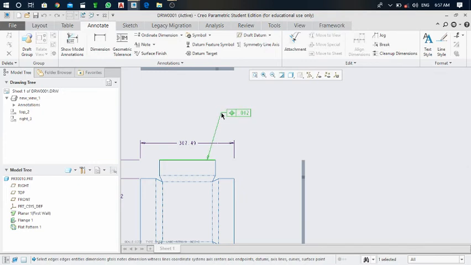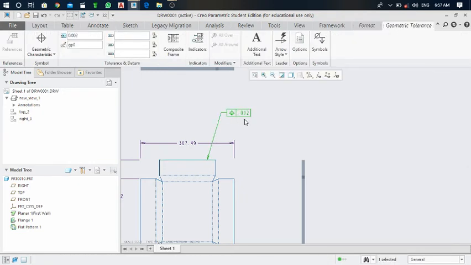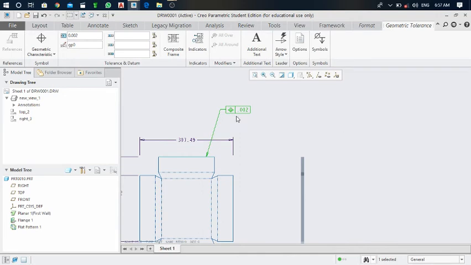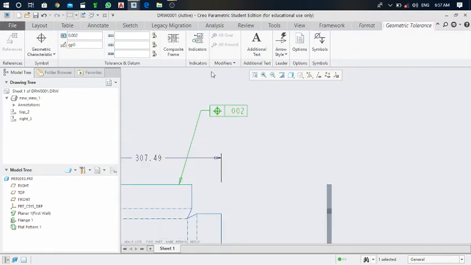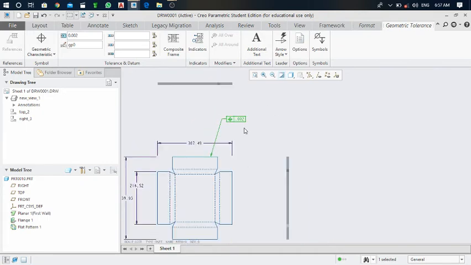Okay, click the cursor. Now here the tolerance is generated. This symbol is of position, it indicates the position. Okay, and here is the value in millimeters, 0.02 millimeters. And next you can put the value in this, as per drawing.